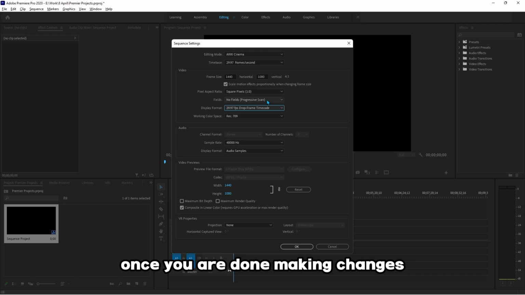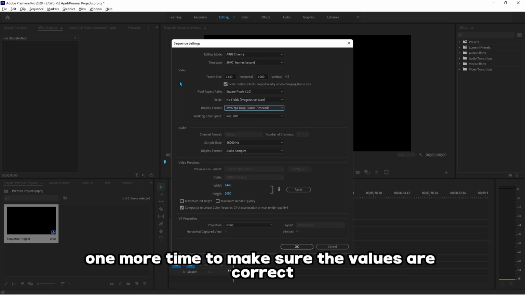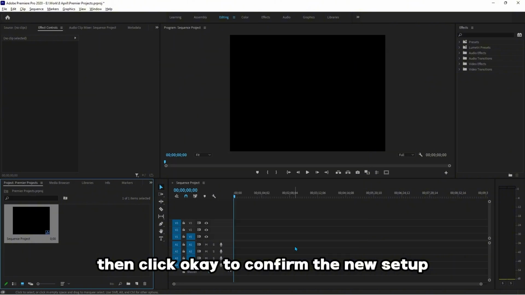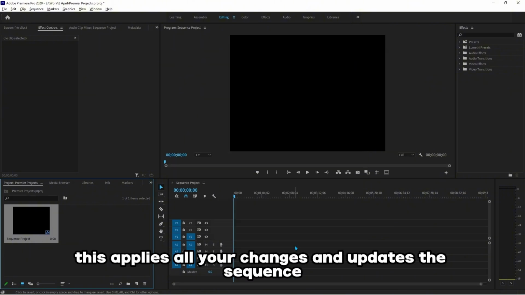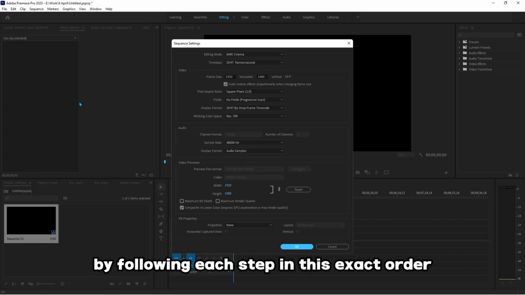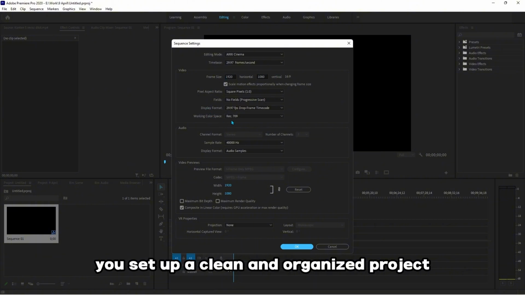Once you are done making changes, check everything one more time to make sure the values are correct, then click OK to confirm the new setup. This applies all your changes and updates the sequence so you can continue editing without needing to create a new one. By following each step in this exact order, you set up a clean and organized project that gives you